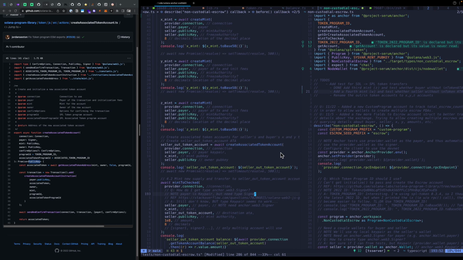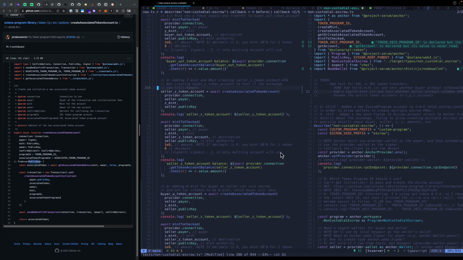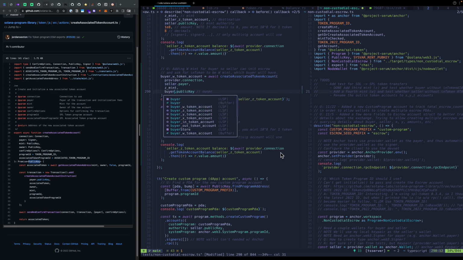Again, this is just the before hook. So this is just kind of setup stuff. Doesn't really matter so much. Yeah, we're just deciding who's paying for the associated token account creation. I think we'll still just make it the owner. Obviously this time is going to be the buyer. The payer of this, I mean, I guess we could